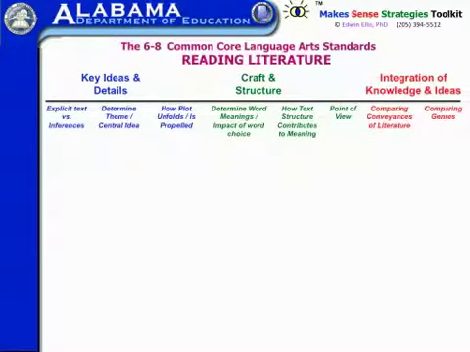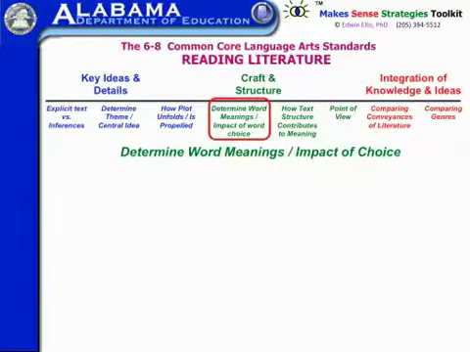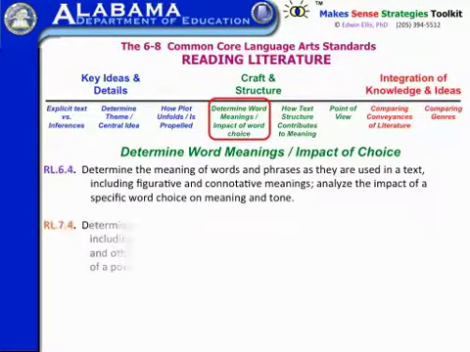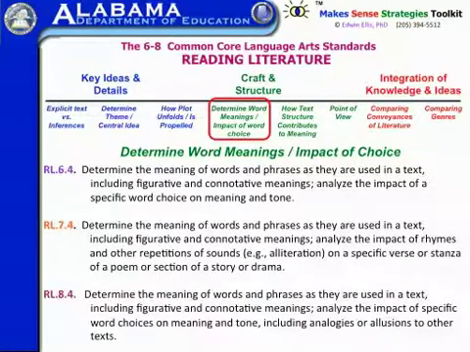So in the reading standards, what we're talking about here is addressing determining word meanings and the impact of word choice. And so primarily with the smart visuals here, we're going to be focusing on teaching vocabulary. And so these are the standards that we'll be addressing. Now, most of these standards are really dealing with context analysis, and that basically means being able to figure out a word you don't know when you come to it in a passage. We're going to be focusing more on teaching the meaning of specific words,